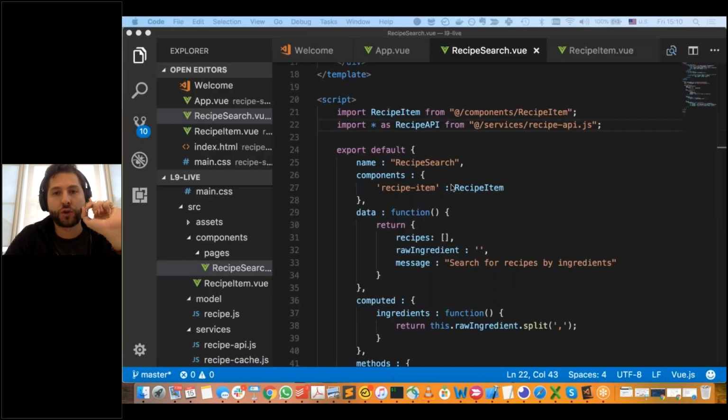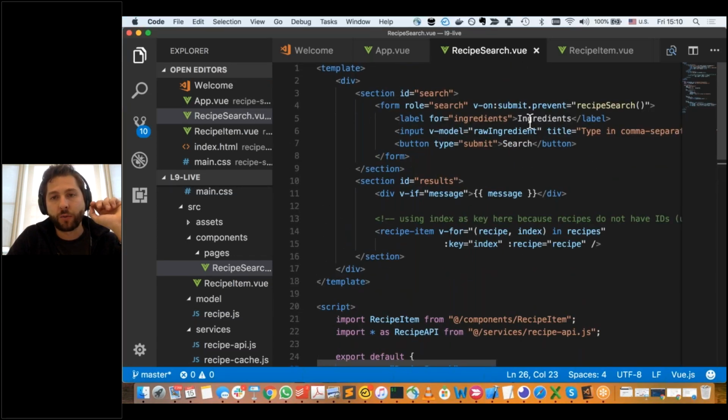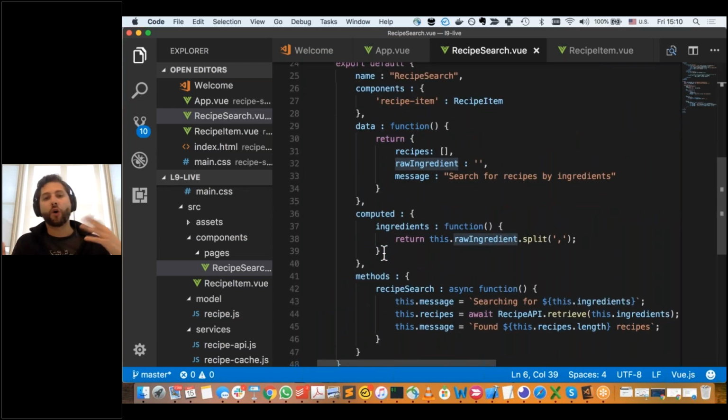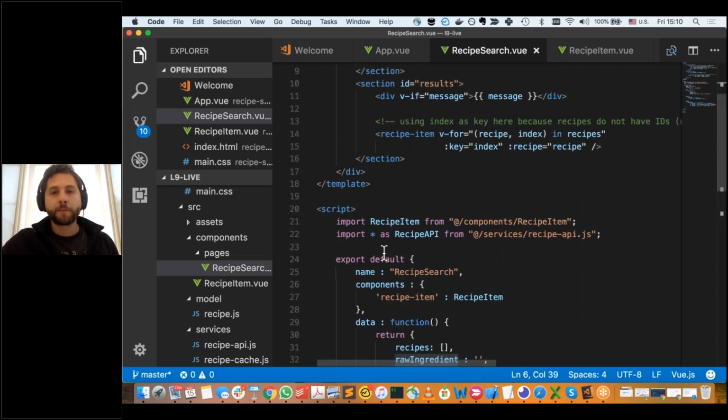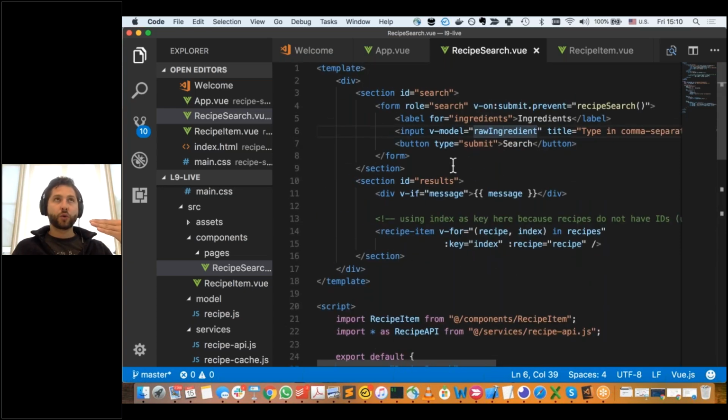And the refactoring I want to show you is based on the ingredient search that we just did. So if you look at this whole raw ingredient thing and the computed value and all these sorts of things, it's not super clean. It feels like, and especially now that we want ingredients to have this property of adding a new ingredient based on some event,